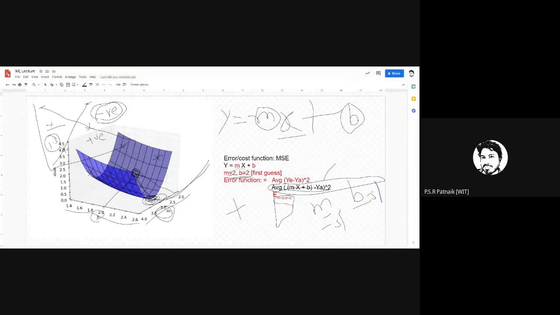Are you getting it? So in our case, what we need to do is calculate the slope of this equation, and whatever slope value we get, subtract it from your assumed values. Just subtract it. Whether it would be plus, minus, negative, whatever it is, it doesn't matter to you. Just keep on subtracting, and you will reach a point on the curve where the error will be the least for the given M and B values. Have you understood this up to this point? Yes. So now we know how to do this.